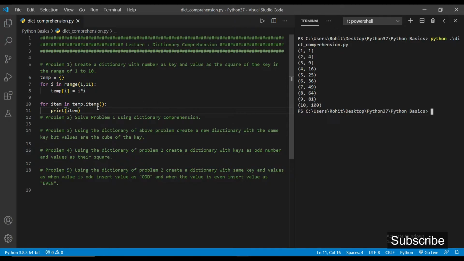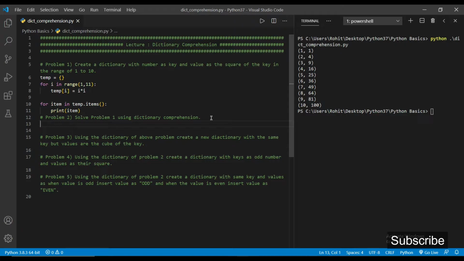Now in problem number 2 we have to create the same dictionary using dictionary comprehension. So let the variable be temp. Now we want to create the dictionary using dictionary comprehension, so we have to write everything inside curly braces.